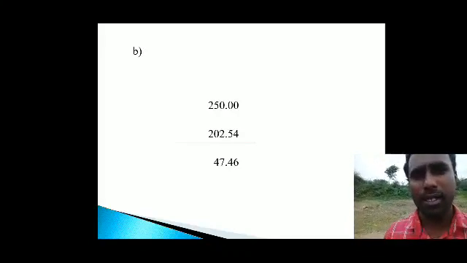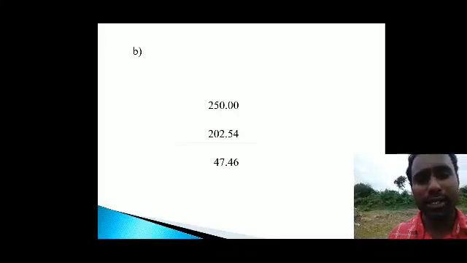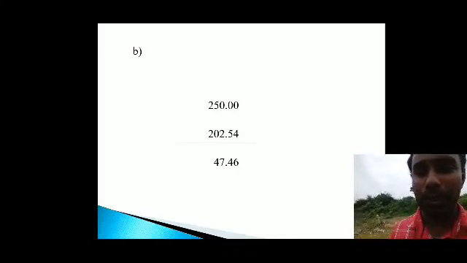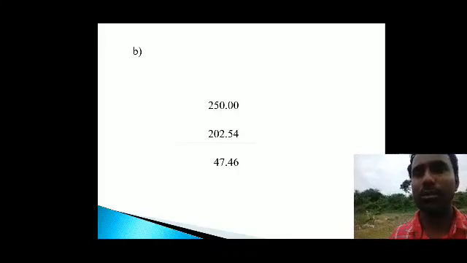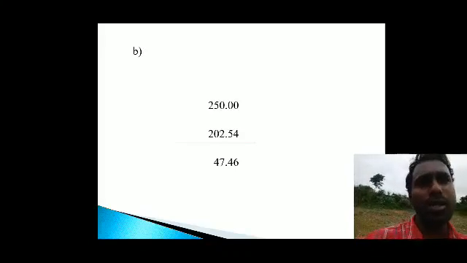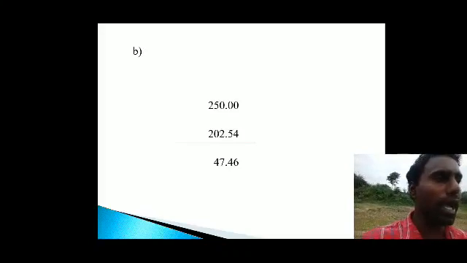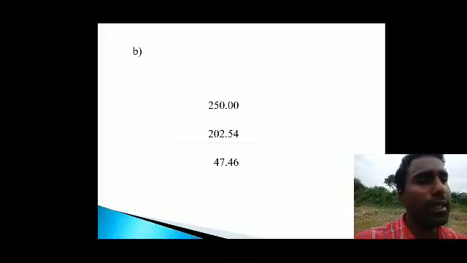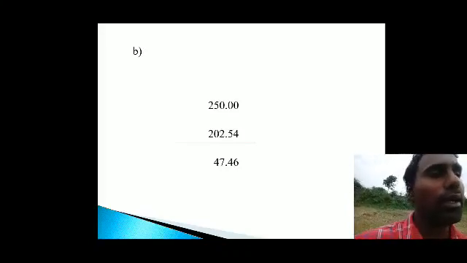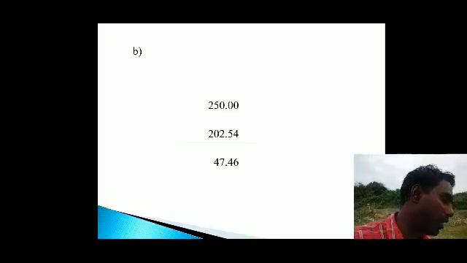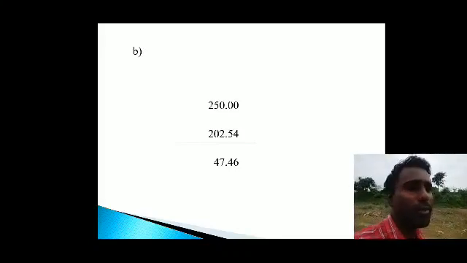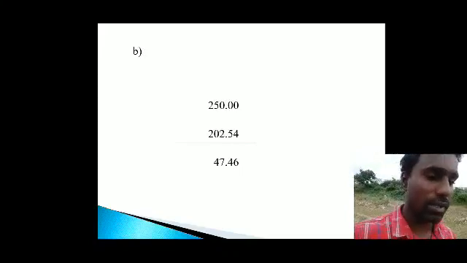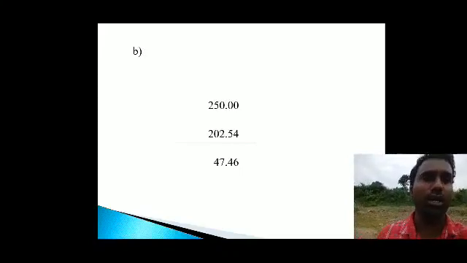Can you understand? See, if you look at that 0, the next digit also 0, the next digit also 0, then we look for where the number greater than 0 is present. From that number, if we borrow, the last digit only receives that, and it is called 10. That 10 is given to the end digit, and all the digits before it become 9. So we subtract: 10 minus 4, 6; 9 minus 5, 4; 9 minus 2, 7; and 4 minus 0, 4. So 47.46. Okay, you have to practice more of this kind of problem.